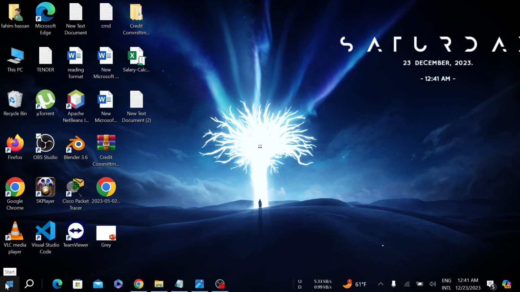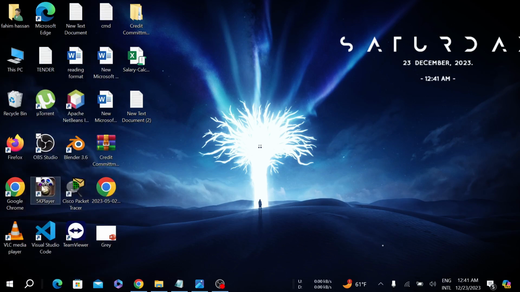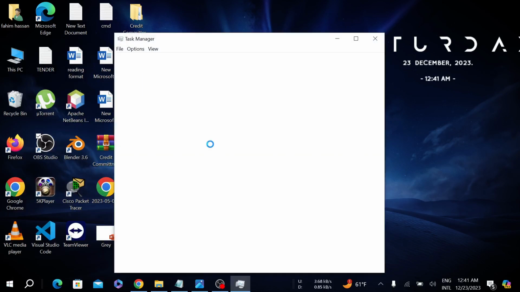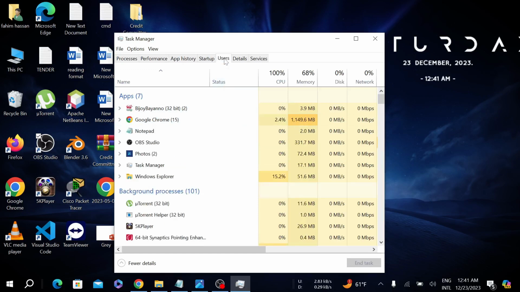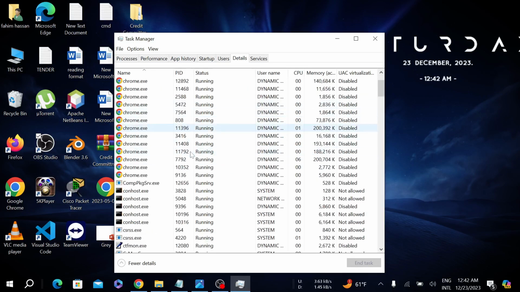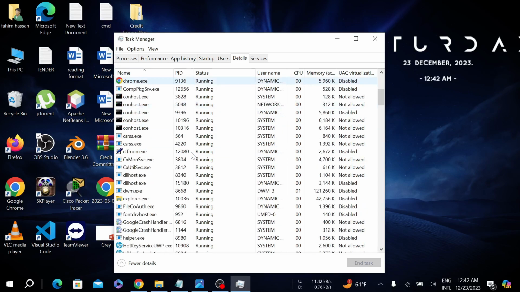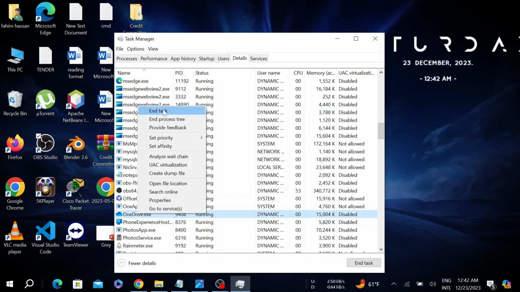First of all, right click on your start button and go to Task Manager. After that this window will pop up. Here go to Details, and now scroll down to find the OneDrive application, and here is OneDrive.exe. It is currently running. Right click it and select End task,